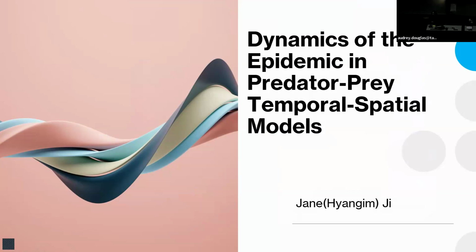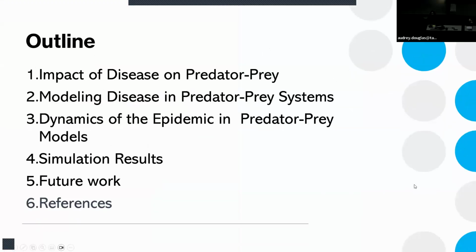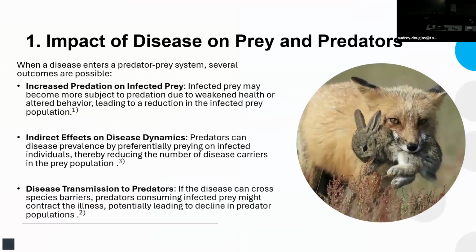Hello, everybody. My name is Jane Ji. I'm interested in studying how disease impacts predator-prey systems over time. So I'm going to share my interest in this order. The first one, impact of disease on predator-prey. When a disease enters the predator-prey system,